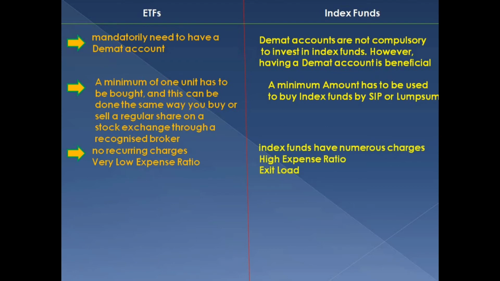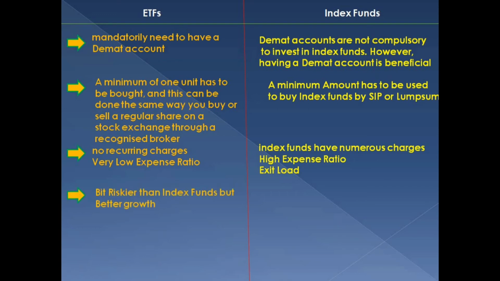First of all, your expense ratio is much higher than your ETFs, and there is an exit load. If you redeem before the exit load time, then you have to pay that fee, 1% or 0.5%. And there are the recurring charges I mentioned. In ETF there are no recurring charges. Here in an index fund, even if you don't do any investment or any trade, you have to pay the expense ratio,